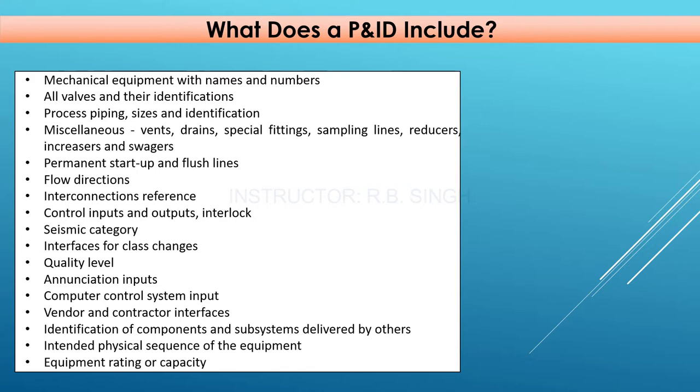Process pipe size and identifications. In the P&ID we can get the information about piping. If you see any plant, there is a lot of piping. There could be different sizes of pipes, different materials of the pipe, and different design conditions of the pipe also. So based on the P&ID, we can know which types of piping are used, and accordingly we can do our engineering, because our instruments will be mounted